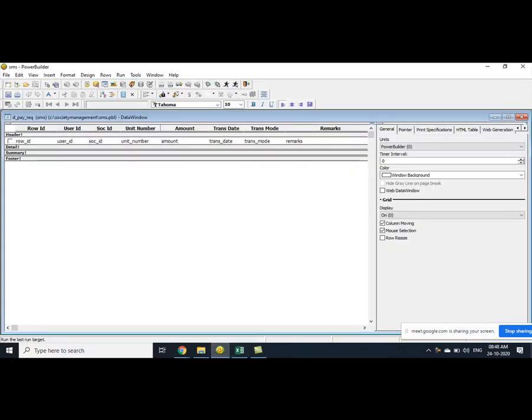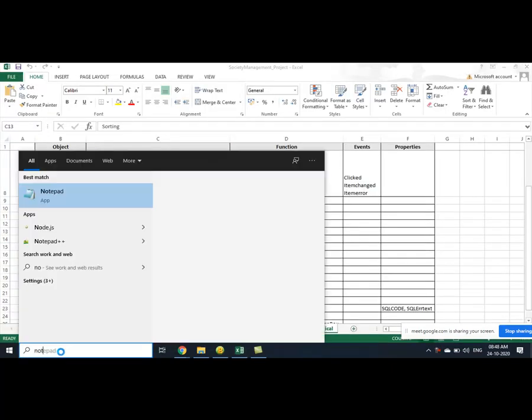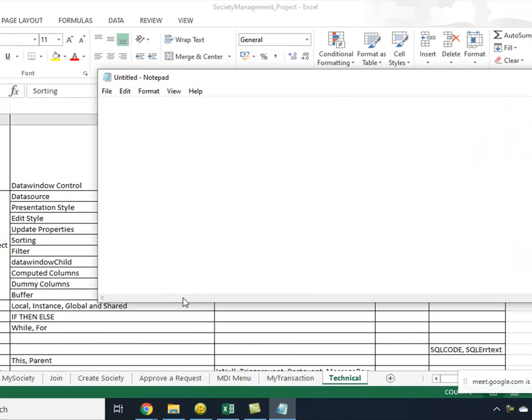Perfect. So what I was telling you guys is sorting. You know what sorting is, right? Sorting means, see, if I say I have 12, 13, 12, 4, 67, and I ask you to write it in sorted form, what will it be? 4, 12, 13, 67.